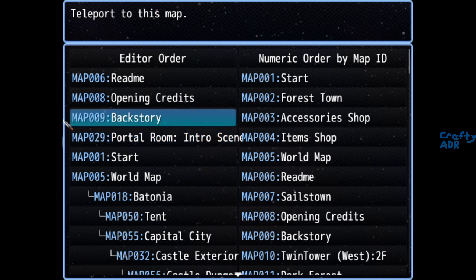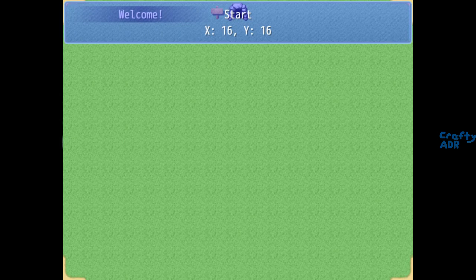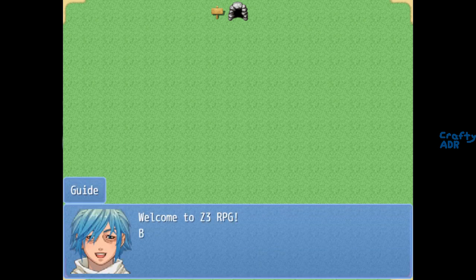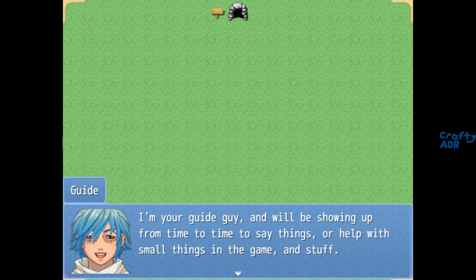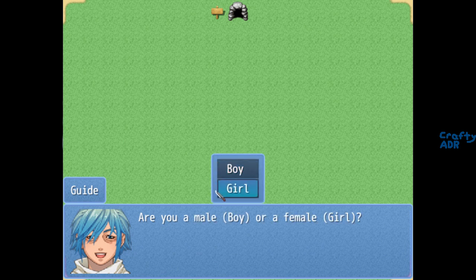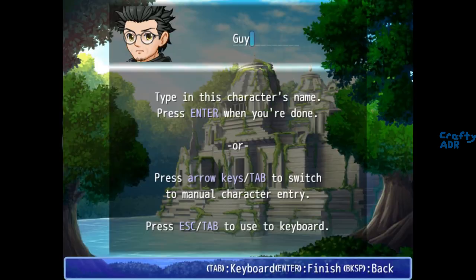Backstory. That's the actual backstory. Or here, Greeby doesn't show up. Well, it does. It's from the main menu. There we go. Yeah, it's because of the event from the previous map. Okay, skip through this. So, when you choose your gender and name, doesn't matter what gender you choose. This is what happens. So, if you read the instructions,